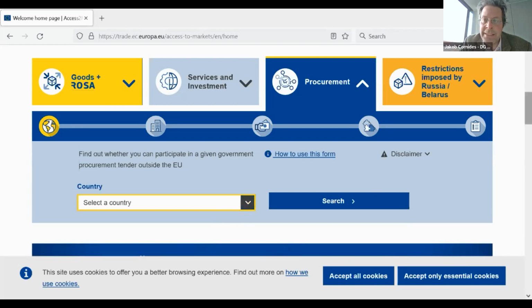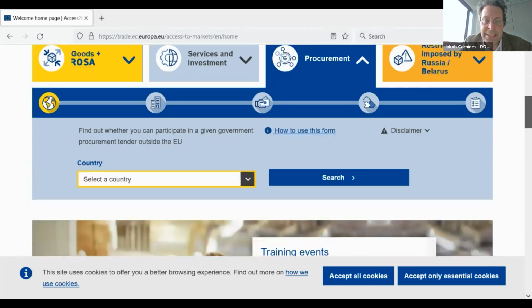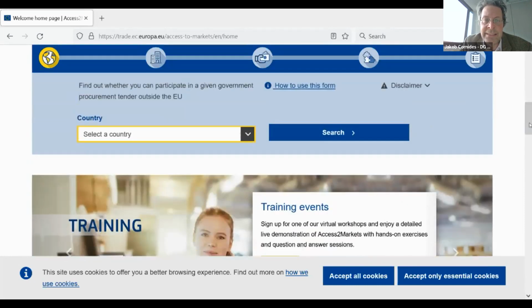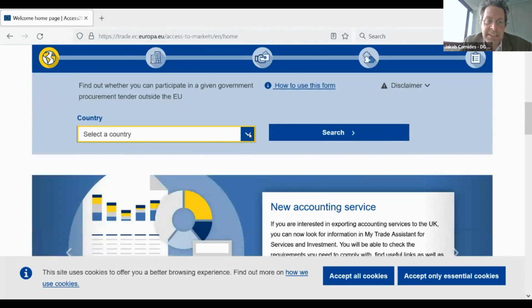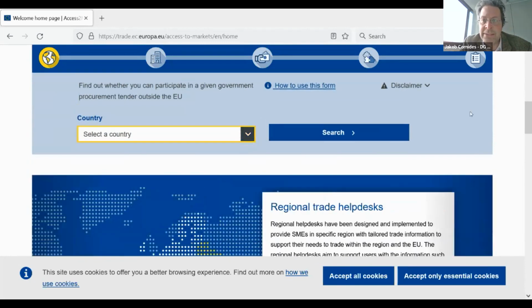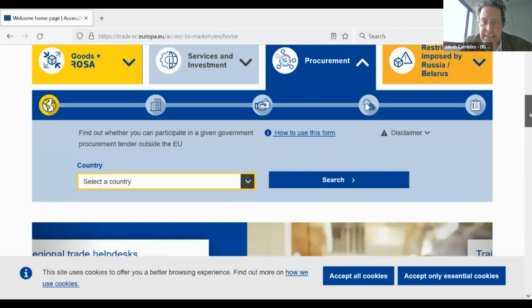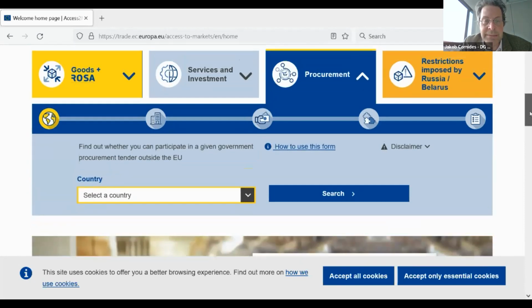I am in the happy position to announce that the next country to be added, still in the course of this semester, should be the United States, which of course would also add considerable importance to this part of Access to Markets.